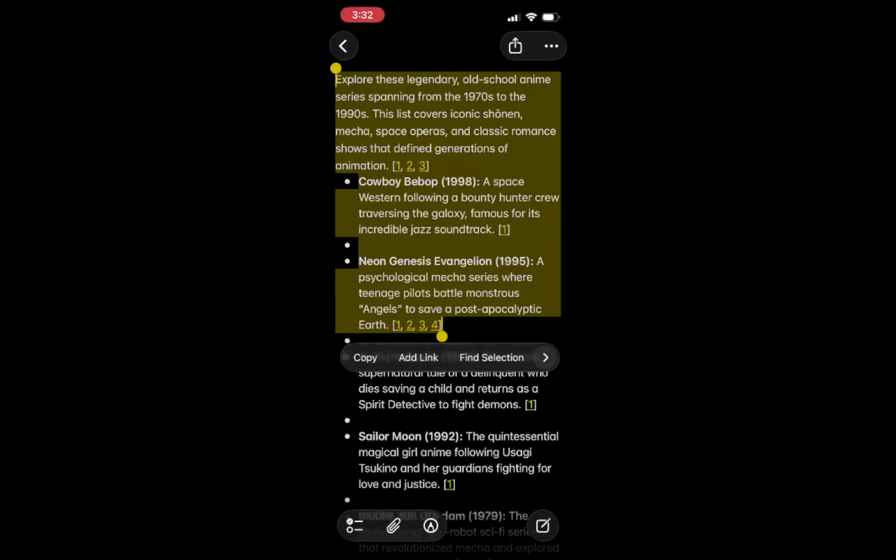Now copy the selected text. To do this, tap on the copy option that appears in the menu. This action saves your selected text to your device's clipboard. It is important to know that copying is a temporary action, and you can paste the text elsewhere as needed. You will see a brief confirmation that the text has been copied successfully. This step is essential because it allows you to transfer your text to an application that can count the characters